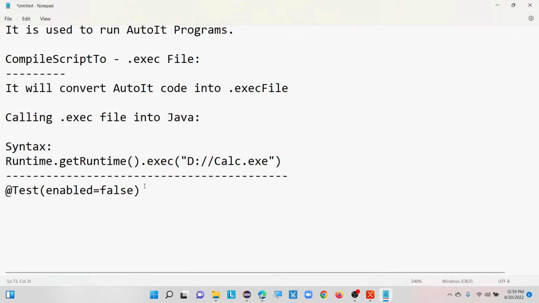Then that method will automatically be skipped from the execution. And also we can skip by adding a skip execution method, with which we can easily skip any method from the test execution. Okay, so when you come to the assertions,